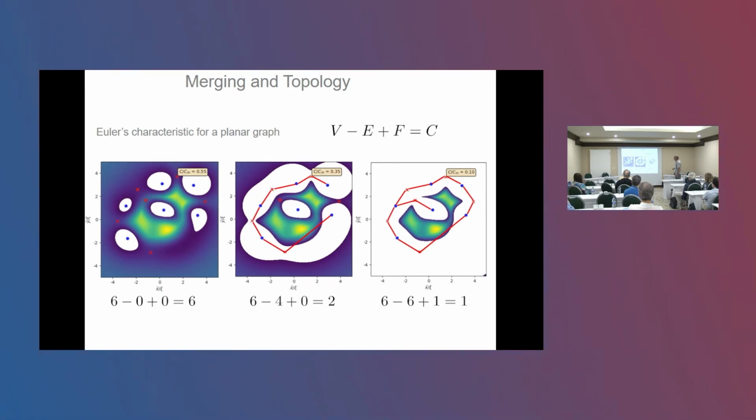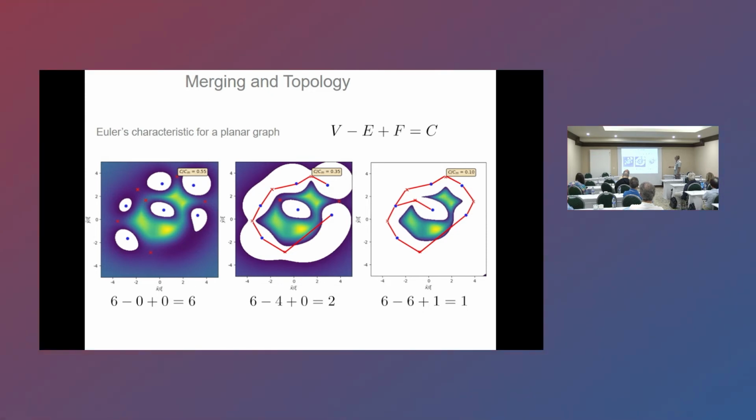Why do we call this C minus H the Euler characteristic? Actually, the Euler characteristic is known from graph theory, or actually polyhedra. For polyhedra, there is the Euler formula which tells that the number of vertices minus the number of edges plus the number of faces is equal to 2. If we look at the graph, we open one face of the polyhedron, then the number of vertices minus the number of edges plus the number of faces would be equal to 1. If we have several disconnected graphs, then it would be the number of